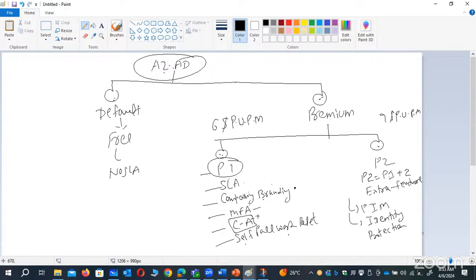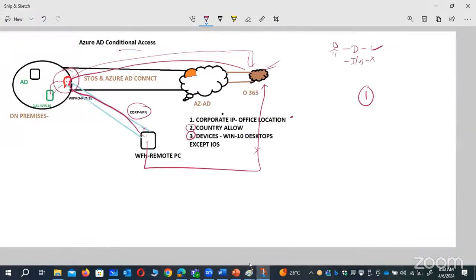So SLA, company branding, MFA, conditional access. Conditional access is clear now. And now self password reset. Self password reset means